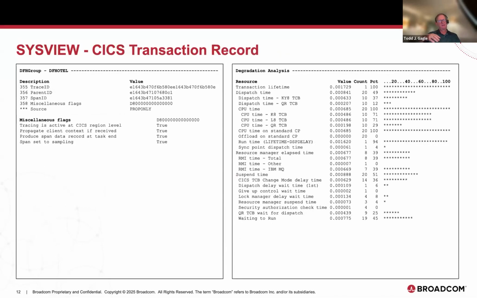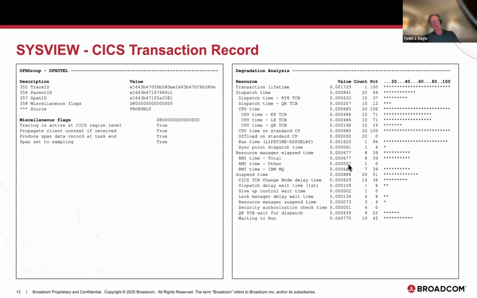Now, this next piece happens to be coming out of a SysView CICS transaction record that's created, but the same data would also be in your SMF 110 records, your performance records. The thing to note, in both the SysView record and the SMF 110 record, is that there is a new section of data that gets logged that will give you that trace ID, parent ID, or all the OTel span information.